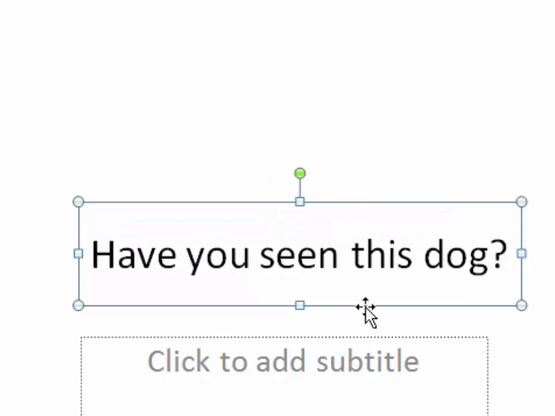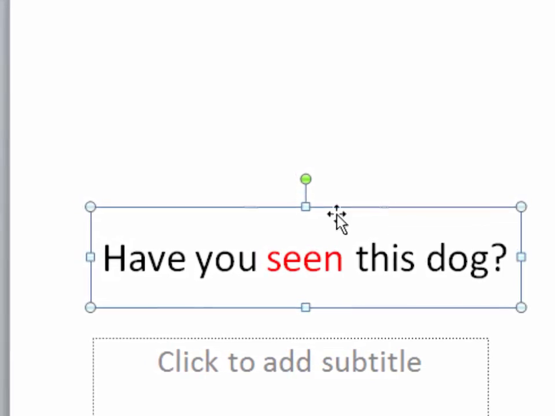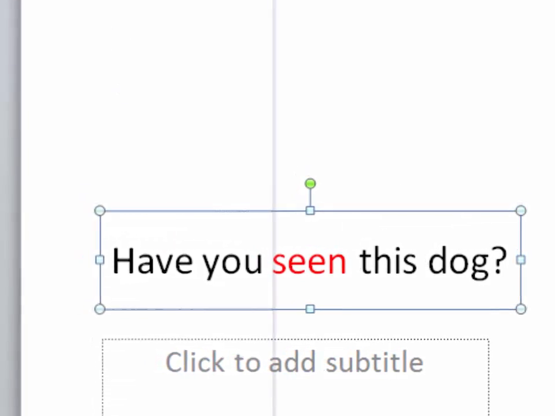And as you click in the box, you'll see that the lines around the edge of the box are dotted, and my mouse is blinking inside the word this. If I wanted to change the word seen to a different color, I could click in seen and change just that word to red. If I wanted to change all of the text in this placeholder box, I would click on the outer edge, and now you see a solid line. And now if I were to change the text,